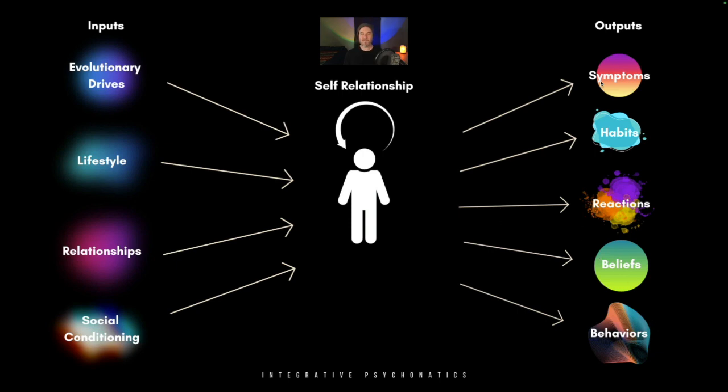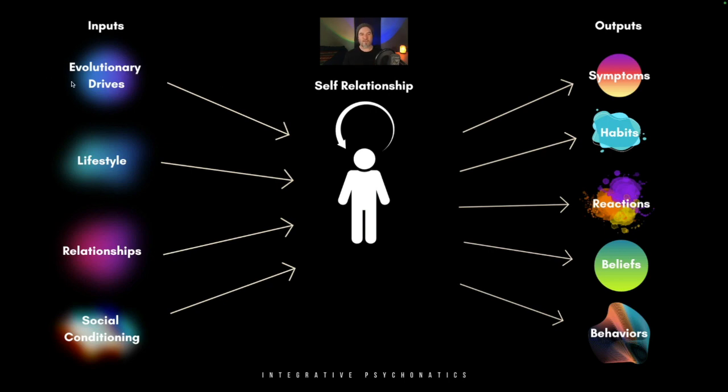And so we can look at the quality of our outputs, and we can look at these different areas of inputs, both historically, through the lens of history: what were my inputs like when I was younger, and how did that impact me? How did that make me feel? And how does that drive me in terms of these outputs? But you can also look at it in real time, currently in your life.